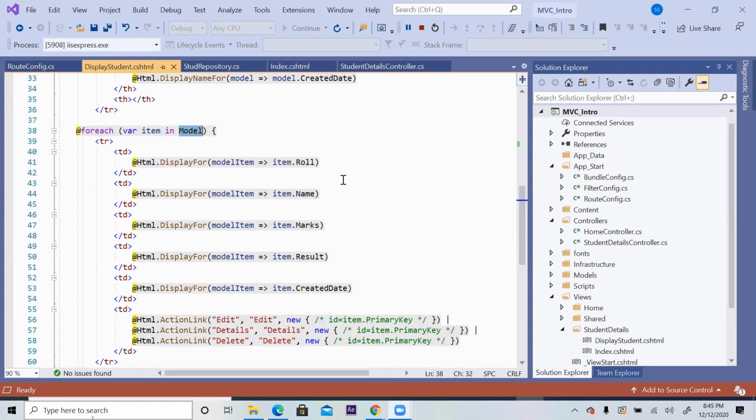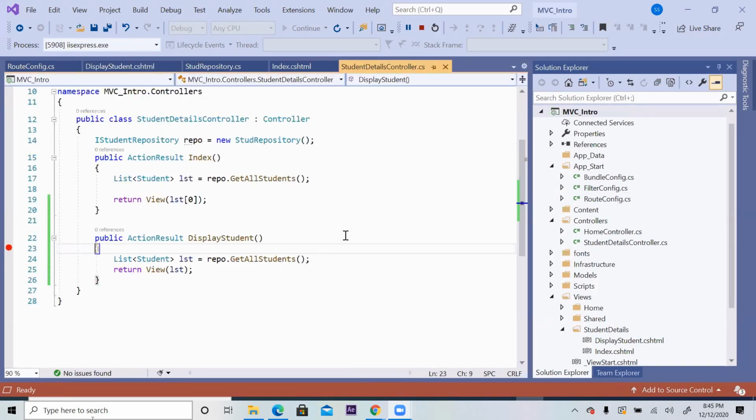So, anytime you want to search inside the data that came from the database, or display something, or do some operation, you must remember that capital M Model is the content of all the data together that came from the controller to the view. That's why I look through that model. Okay, so these are all little general knowledge you got. How to create one small Azure page, Azure view from your own, and how to use an auto-generated view, which is called scaffolding view.